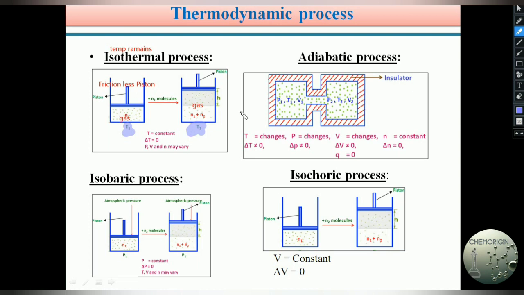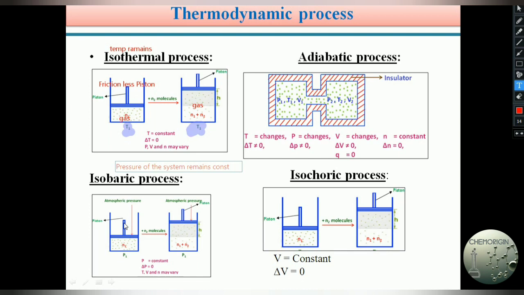Next, isobaric process. Similar to the isothermal process, the isobaric process is a process in which the pressure of the system remains constant. If a process takes place at constant pressure, that is known as an isobaric process. For explaining this isobaric concept also, we can take a gas present in a cylinder, and this